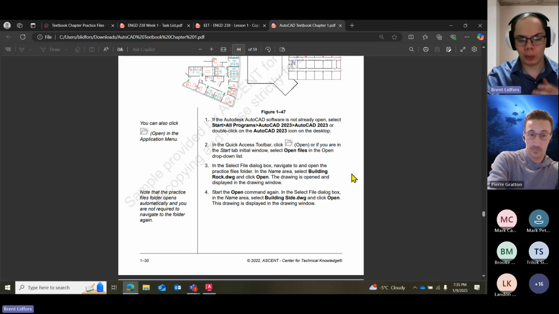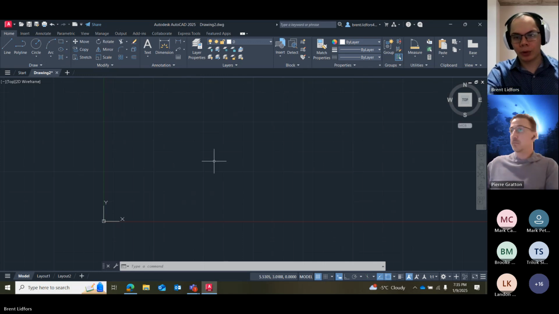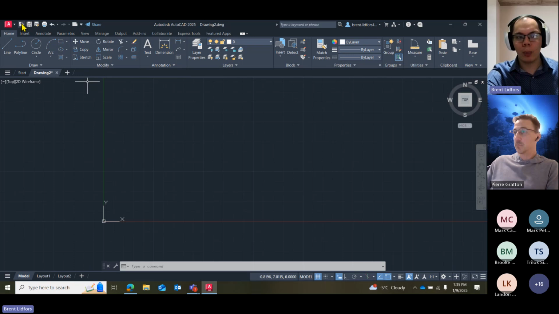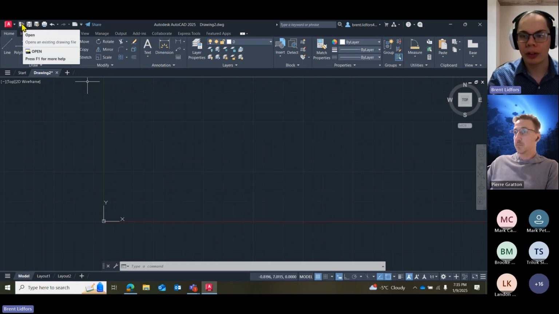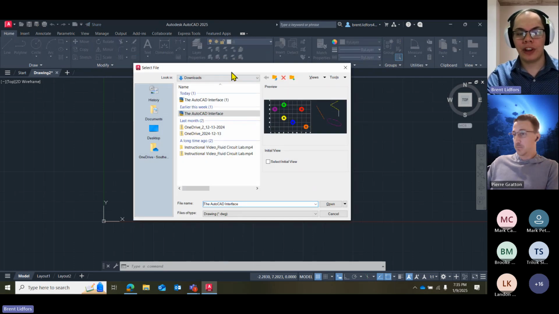So following along with the steps here, I'll go back to my AutoCAD. Once I have that downloaded, I can then use any of the 3 opening methods of opening files. Choose your pick, whichever you prefer. By selecting that open, it now takes me to my